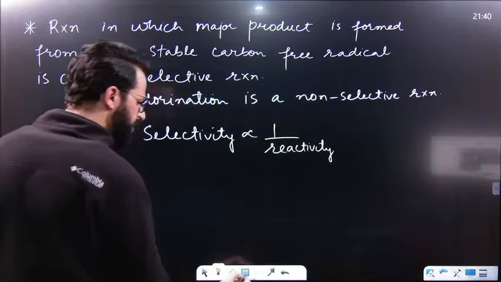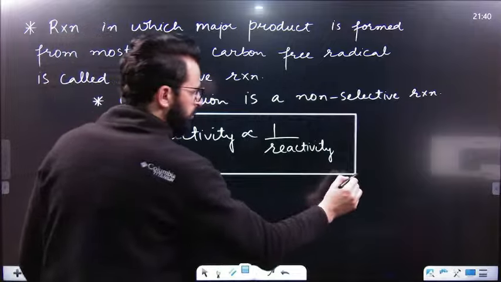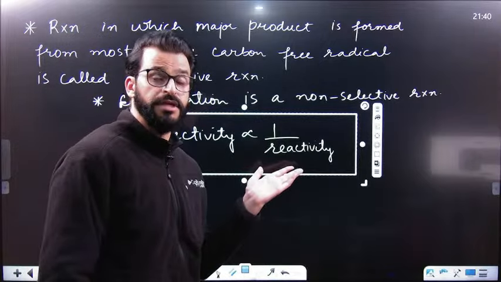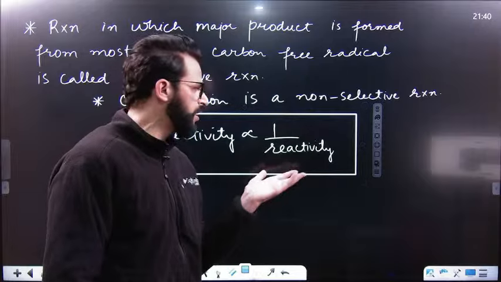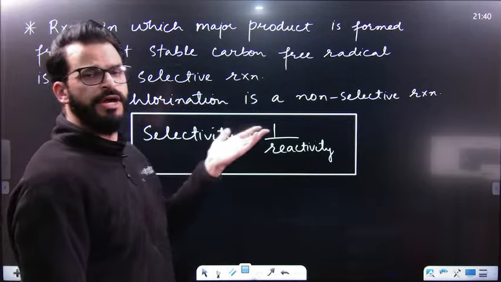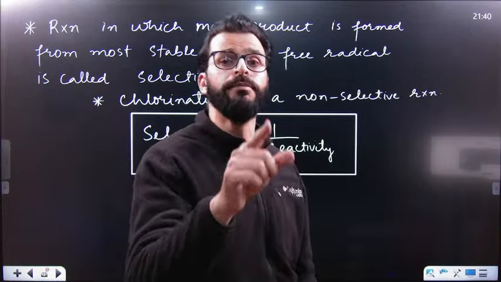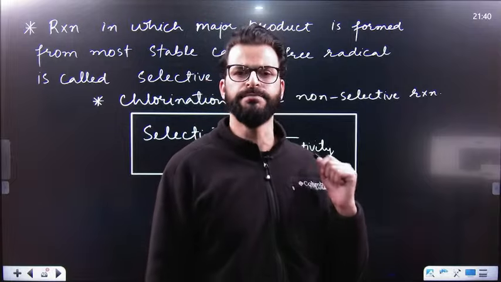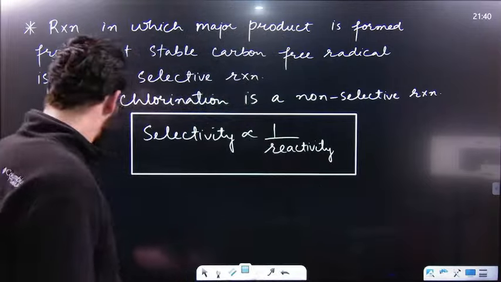That clearly indicates that chlorine is more reactive than bromine, which is why it is less selective as compared to bromine. Or we can say bromine is less reactive as compared to chlorine. I mean to say, if we talk about bromination of alkane,